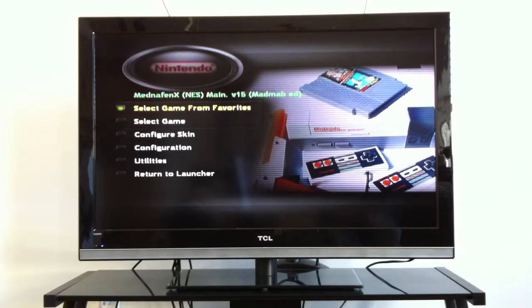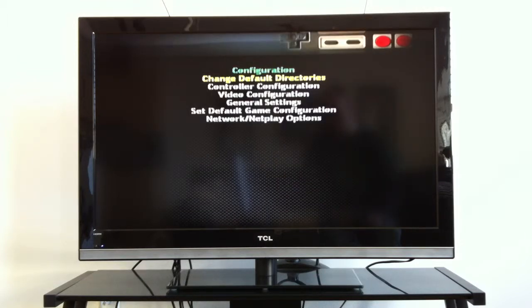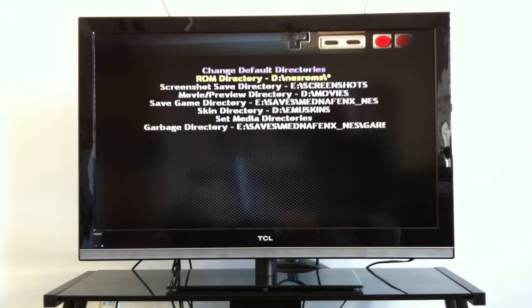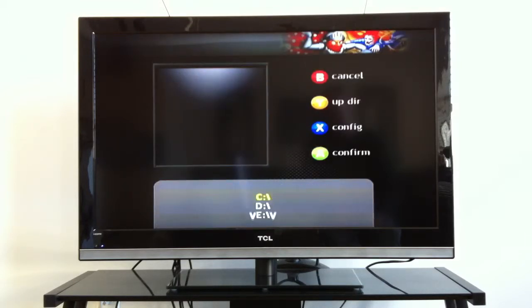Okay, so go to configuration, change default directories, and for your ROM directory, you want to navigate to your E drive, media, NES, and ROMs. Now hit start,